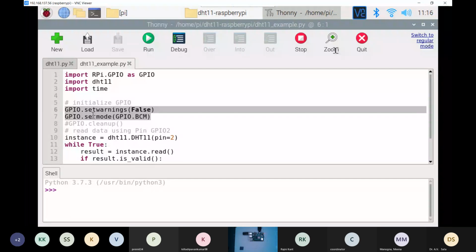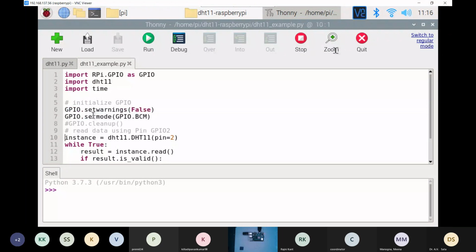So this is the same, GPIO setmode, which will start the DHT sensor, and then we use an instance to define DHT11 at pin 2. Pin 2 of Raspberry Pi will be used in this session for the connection of DHT11 with Raspberry Pi.